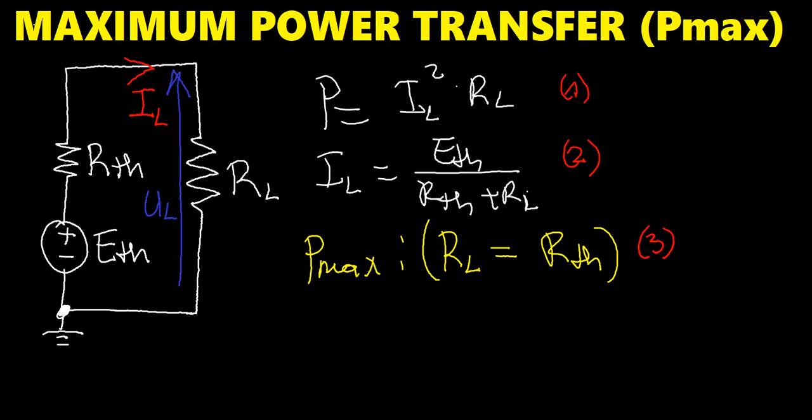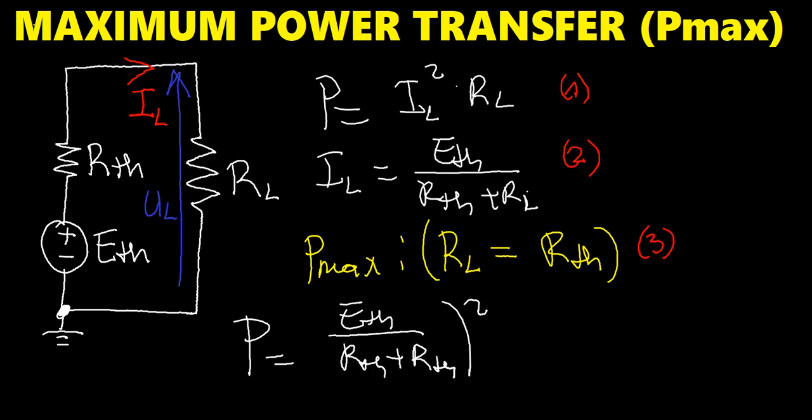And now let's take equation 3 as well as equation 2 and substitute into equation 1 and find that maximum power transfer. P should be equal to I square, I which is equal to E_TH on R_TH plus R_TH again, square times R_L, which is here equal to R_TH. That is the only condition. That will be equal to